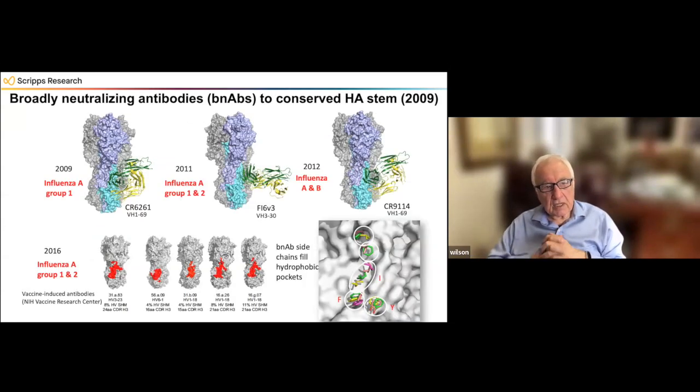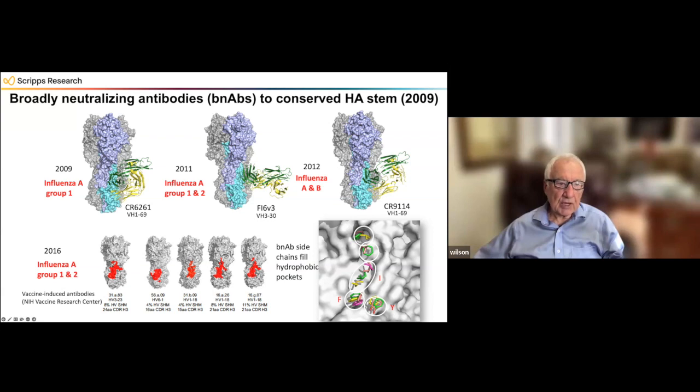For influenza hemagglutinin, here is the trimeric spike. One of the first antibodies, there were actually 3 groups that produced very similar antibodies at the same time. We worked with Crucell in the Netherlands. That's why this is called CR6261, the name of the antibody. Much to our surprise at the time, we were looking for broadly neutralizing antibodies, and we were expecting that most of the antibodies would be against the head, but that's hypervariable. So not surprisingly, the antibodies pulled out targeted the more conserved stem region.